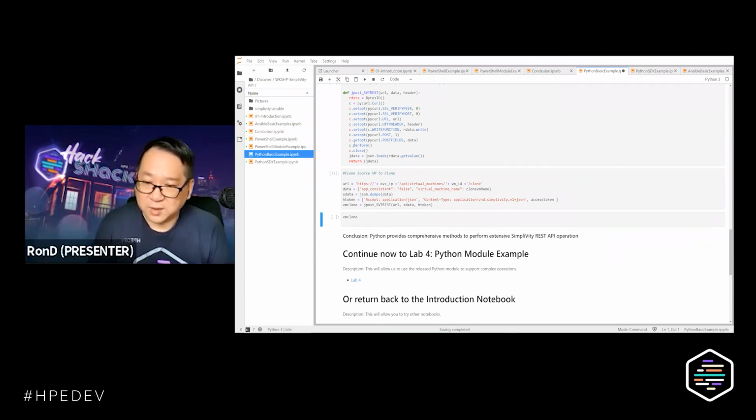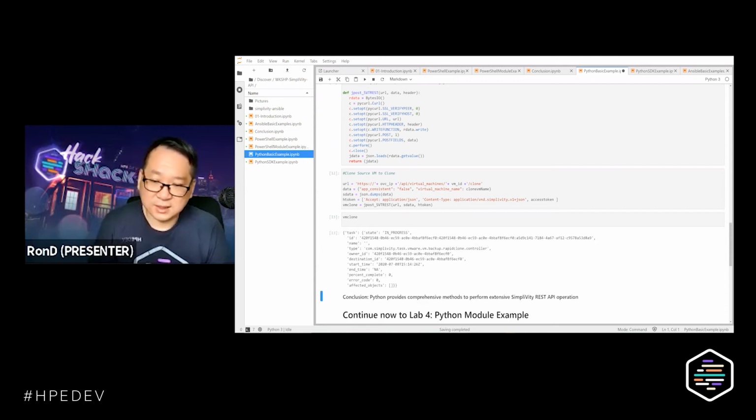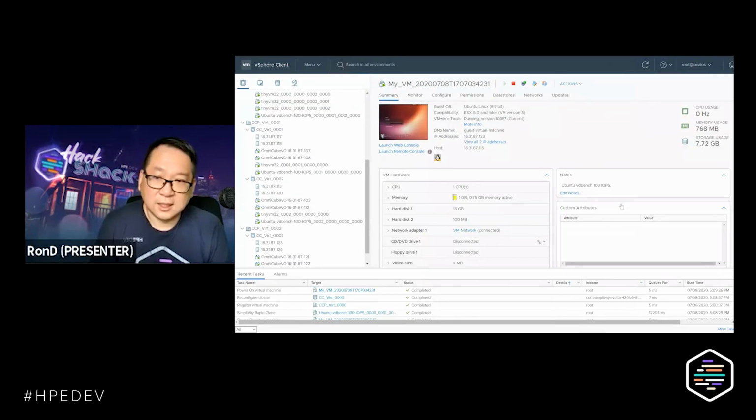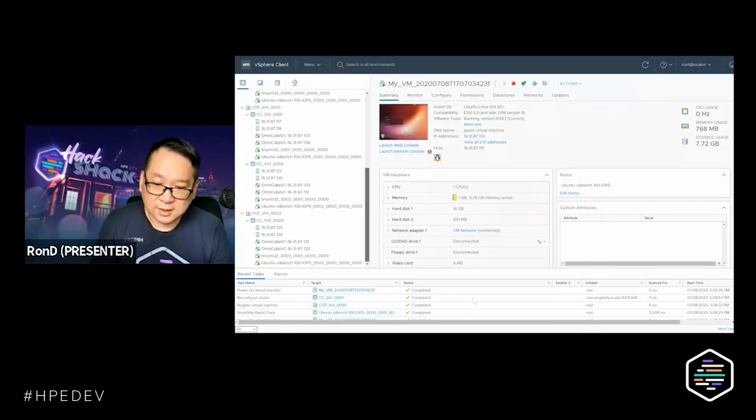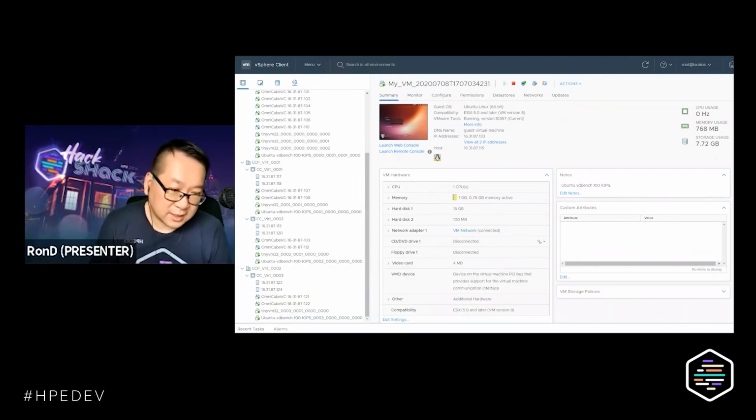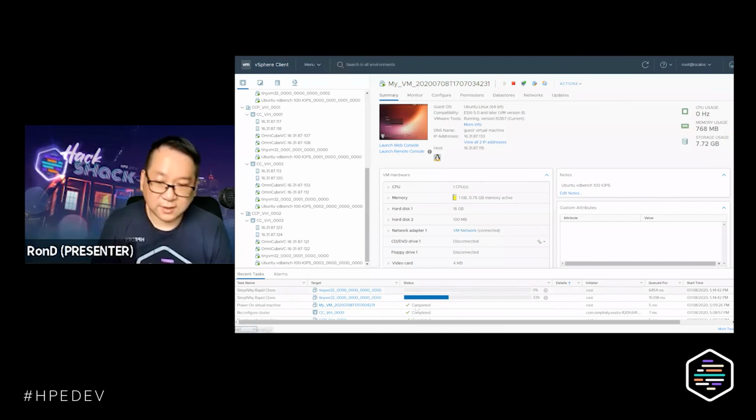And when the operation is completed, we can see the clone that's currently in progress. And inside the vCenter, you can see all the operations that are happening today. Okay, there we go. So the rapid clone is happening. Apparently somebody else is also doing a rapid clone together with me, but we can do it fine because the target names are different, so we can do both of the cloning at the same time.